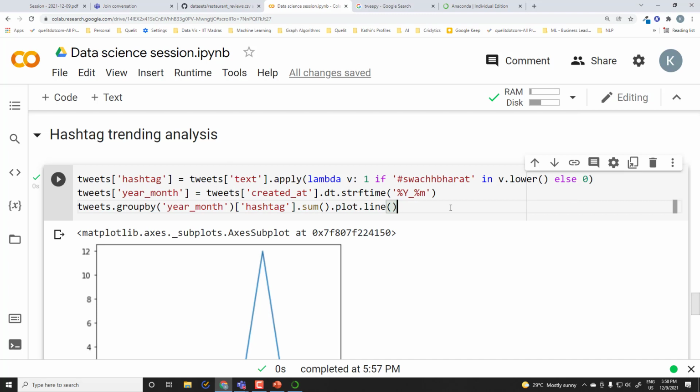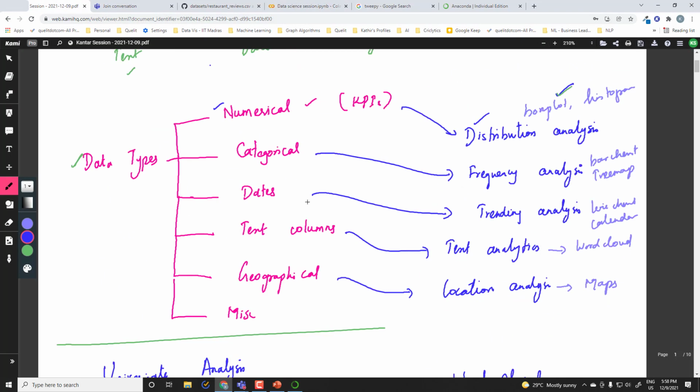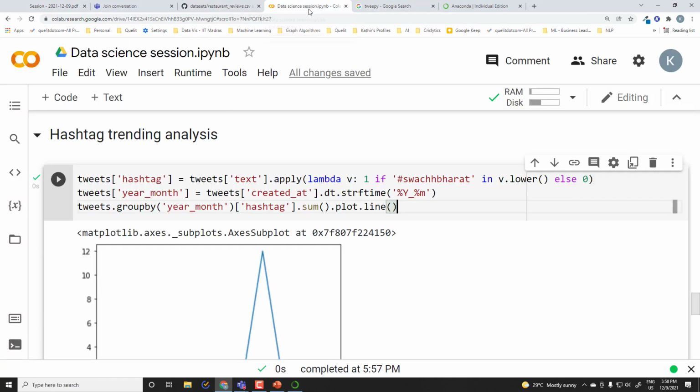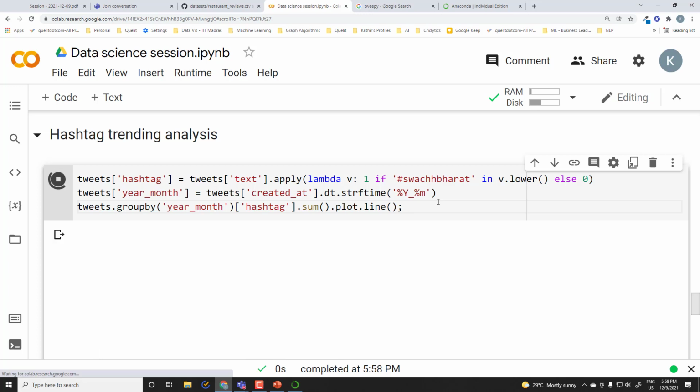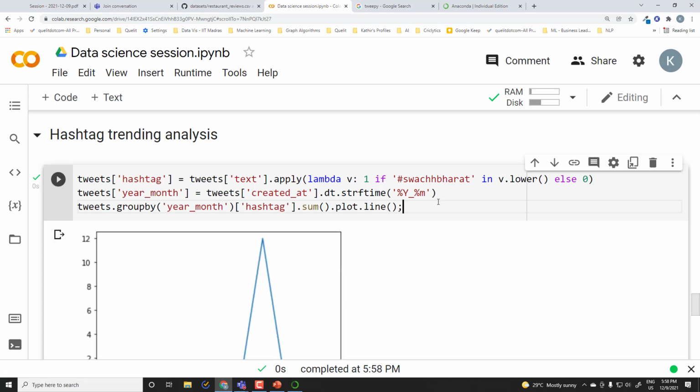So you are using a date column along with the text column. The moment you have a date column and a text column, you can do trending analysis, and we use a line chart for it. Whenever you have a categorical column, we go with the bar chart to express the frequency of each category. So the type of chart or analysis that you pick primarily depends on what kind of variables you pick, and that decides what visualization to pick or what analysis to do as well.